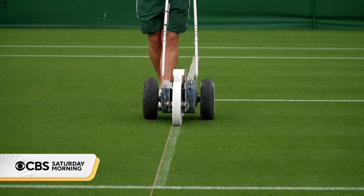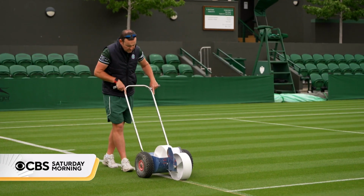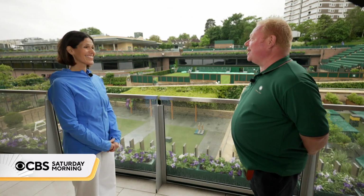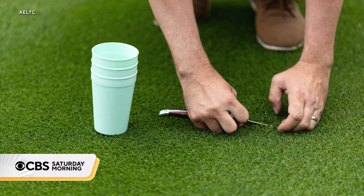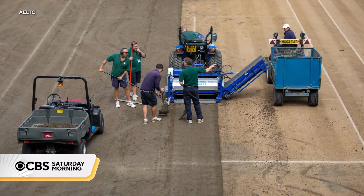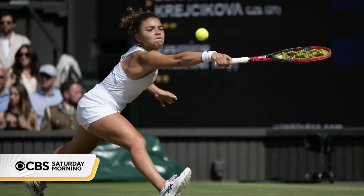So give me a sense, the preparation here. Well, the preparation for next year's Wimbledon will start the day after this year's Wimbledon. There's no day off. So there's not really, well, there might be one day off. He says that upkeep between each year's tournament includes everything from repair and rejuvenation work to completely removing the surface and starting fresh. And once Wimbledon is underway,